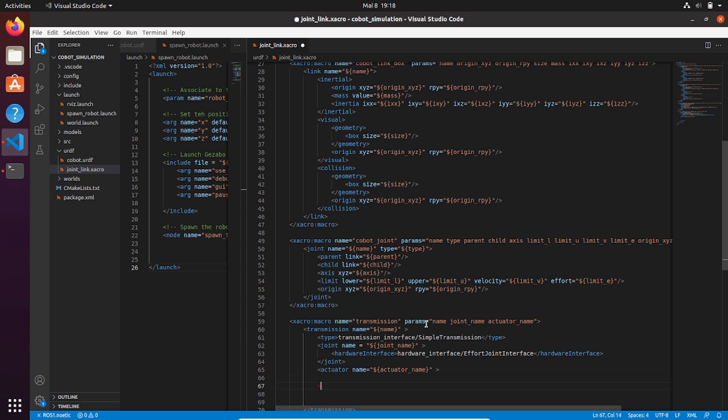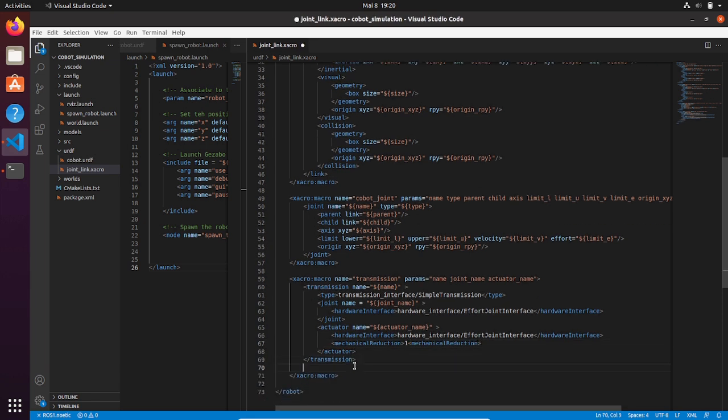So imagine that in reality we are going to pass effort values to the motor. Okay, and then we need to select a mechanical reduction, which for the moment we can keep at 1. Okay, that's everything that we need for our transmission